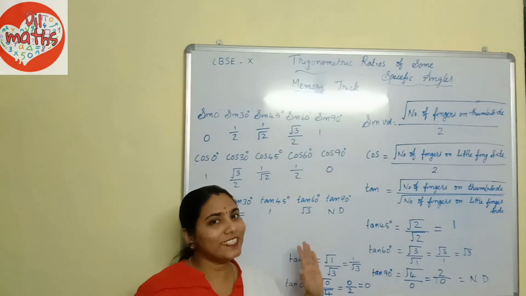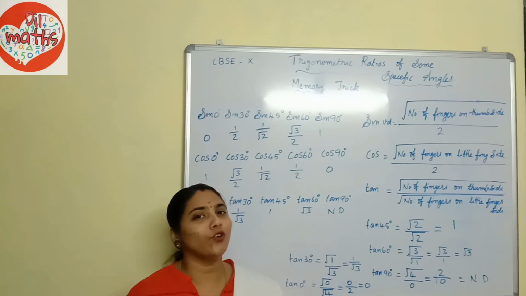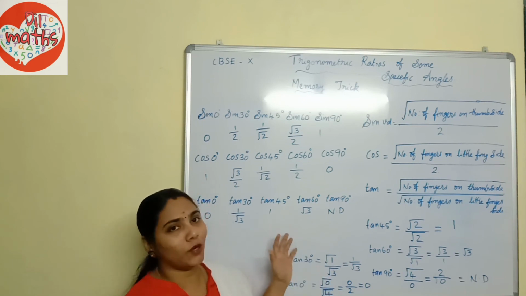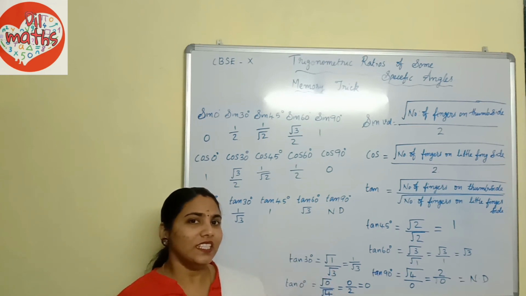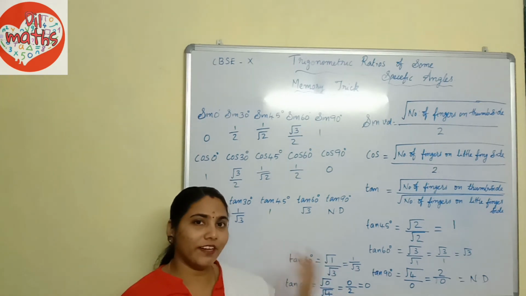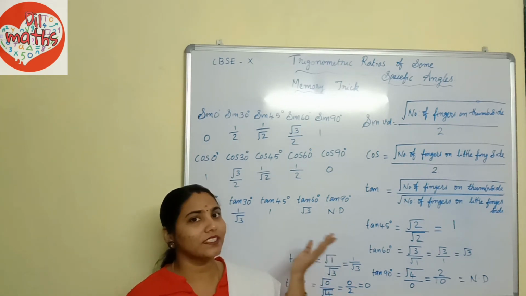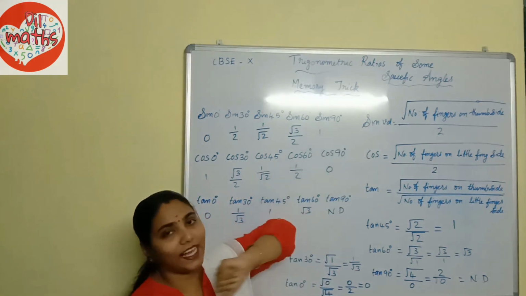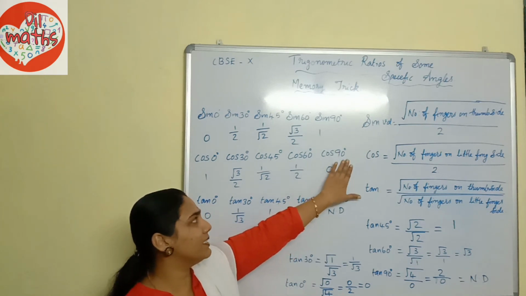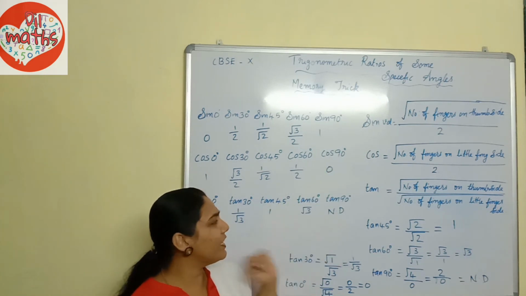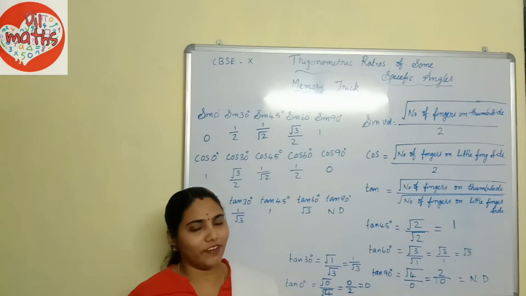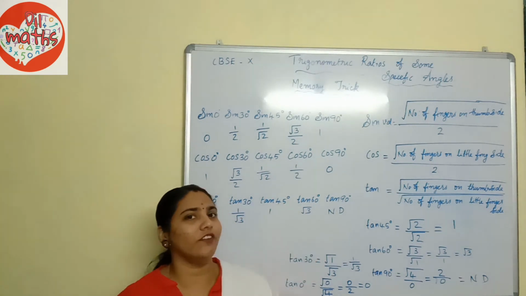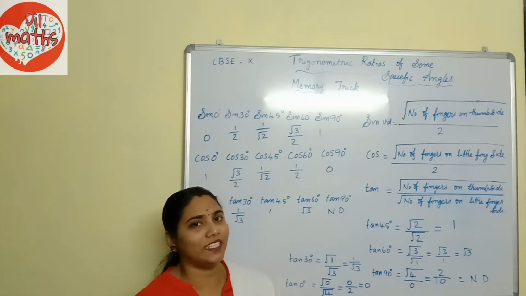So by using this simple trick, it is really easy to find the trigonometric values. We can easily find the values of sine, cos and tan. If you know how to find these, you can easily find the other 3 trigonometric values also, that means cosec, sec and cot. The reciprocal of sine gives cosec values. The reciprocal of cos gives sec values. The reciprocal of tan gives cot values. If you keep these 3 formulas in mind, within seconds you can find the trigonometric values by using your left hand.